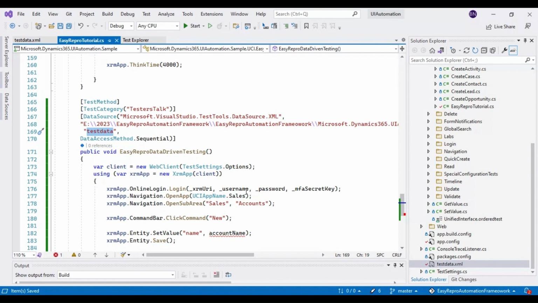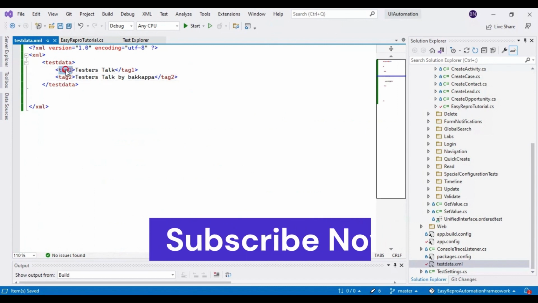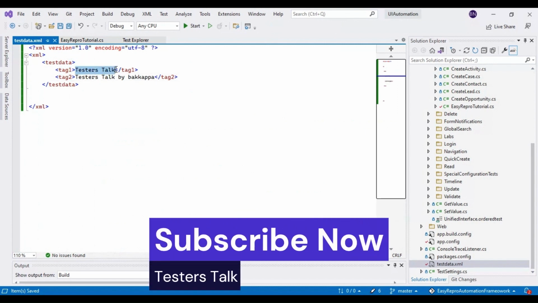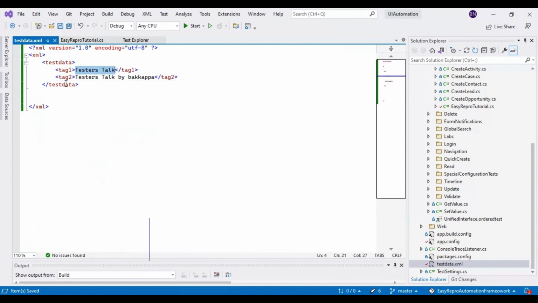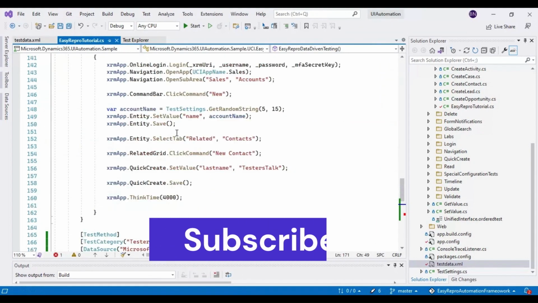So now we have already created a connection with this particular XML file, and we have also identified from where to pick this particular test data. So we need a mechanism which will get the particular test data from this XML file. For example, if I wanted to read the test data of tag1, how do I get this particular value? That is our tester stock, right? So for that reason, you need to define